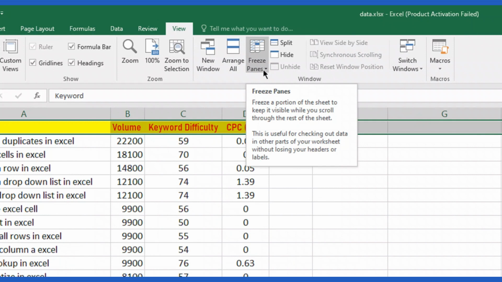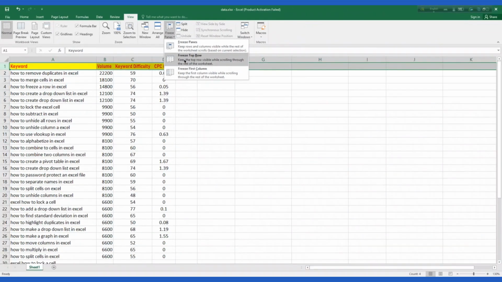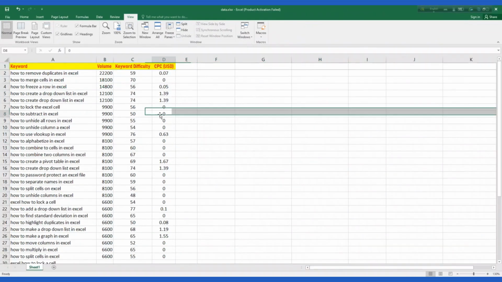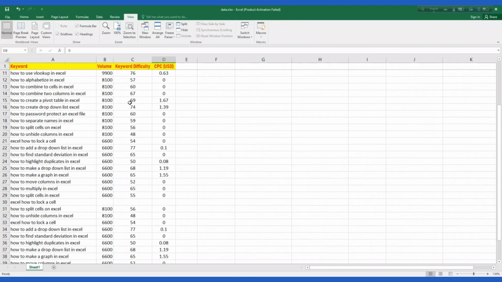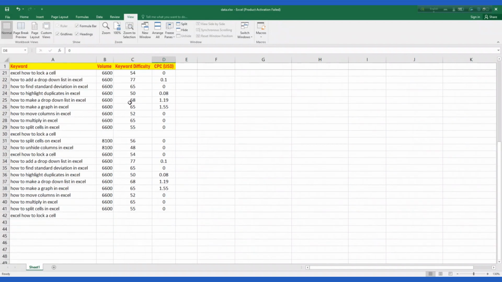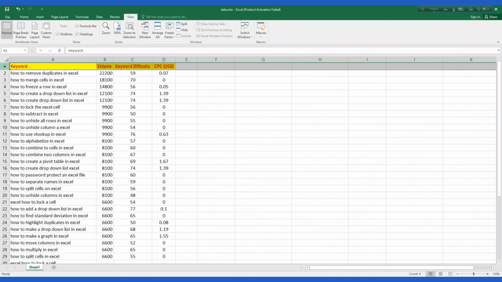Here you can see a drop down menu. Okay, three options are revealed here. We use Freeze Top Row. Okay, just click here and you can see the magic when you scroll your spreadsheet down. You can see your header on the top